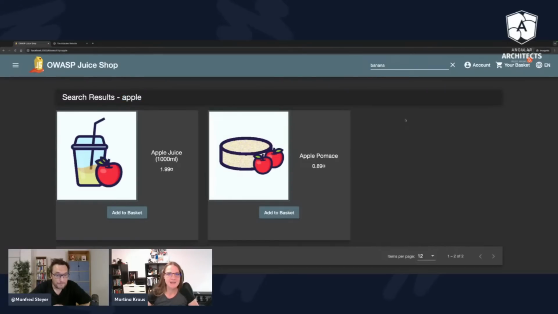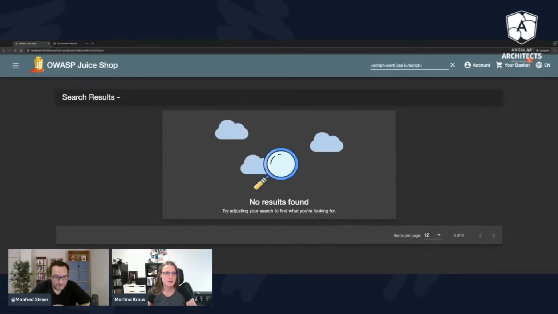Well, an HTML tag which we always use when we want to insert some JavaScript is of course the good old script tag. So let's try this first. I just put in a script tag with some alert. Let's just try this. Okay, we see nothing happened. So luckily, it seems like Angular just doesn't allow us to do this, or there is some sanitizing process or input encoding, something that luckily protects us from having this JavaScript executed.